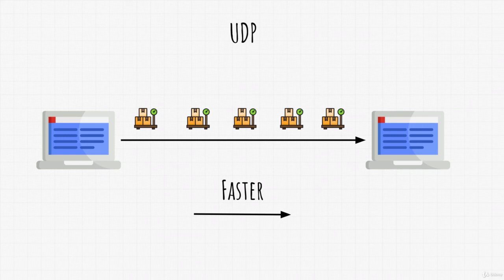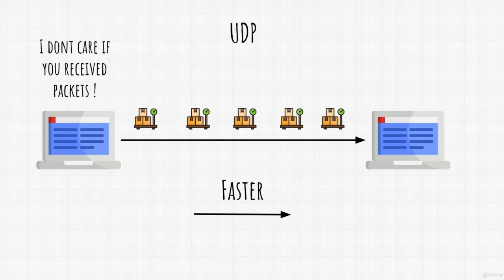UDP doesn't really care whether packets reached their destination, and it will not resend a packet if it didn't reach the other party. It will just continue sending other packets. You cannot ask for those missing packets again with UDP, and these are just the basics behind the two most known